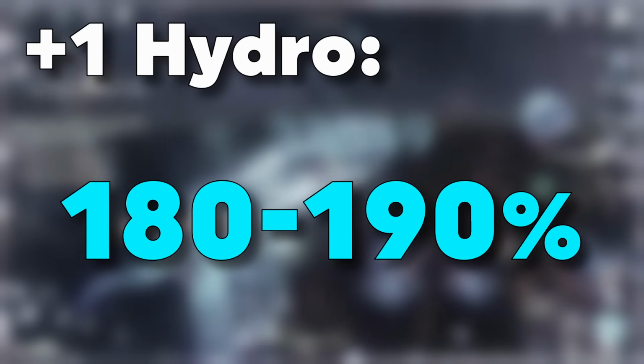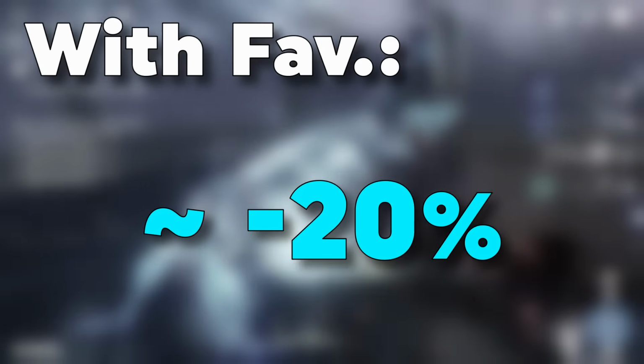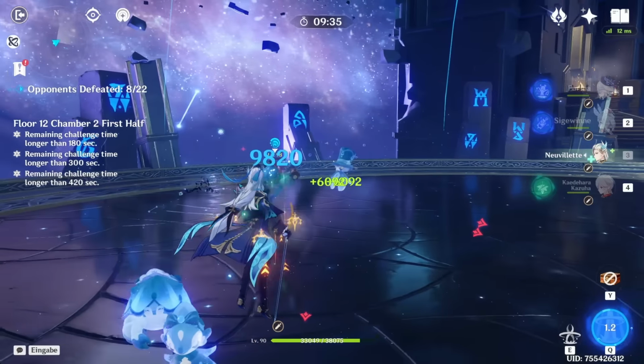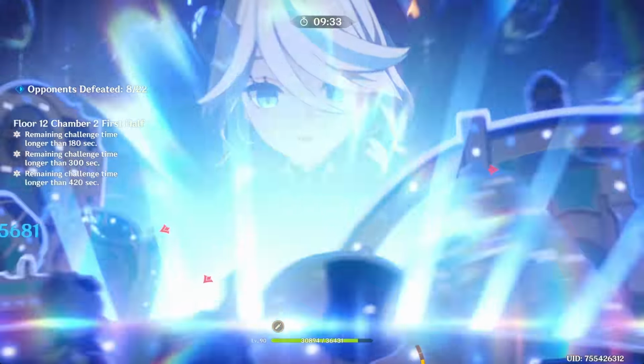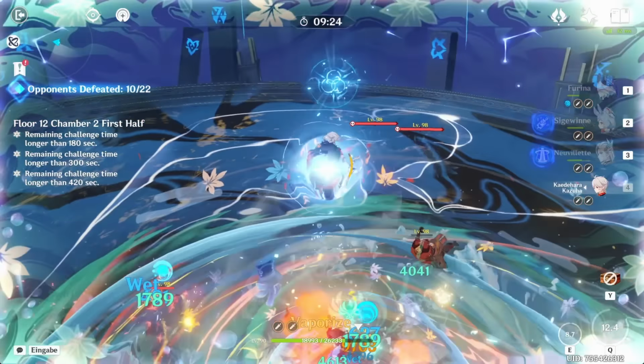With one additional hydro character, that goes down to 180 to 190%, with 2 hydros 150 to 160%, and in case you're using a Favonius sword, you can reduce all those previous figures by around 20%. Now, one thing to also talk about here would be Constellation 4, just in case you have that or you're aiming for it, because this massively reduces her energy needs by around 50%, but again, more on the Constellations a